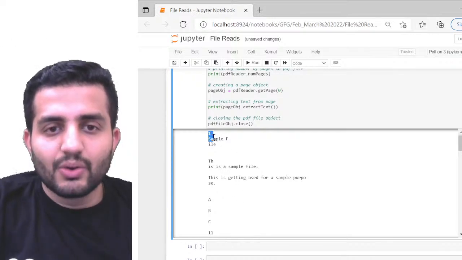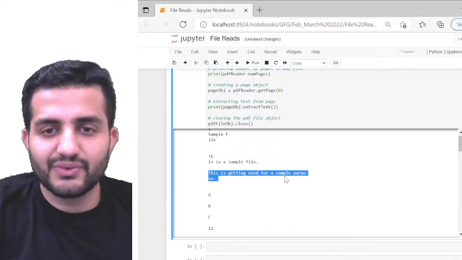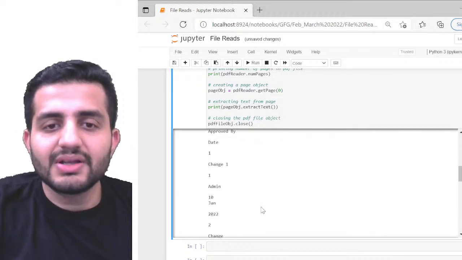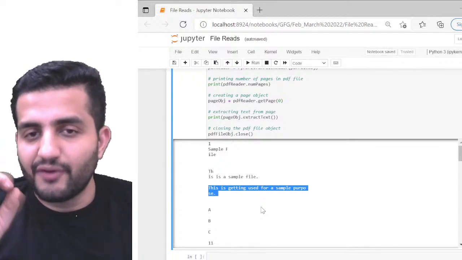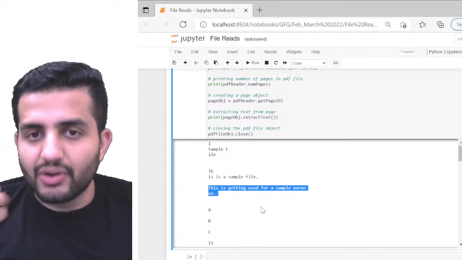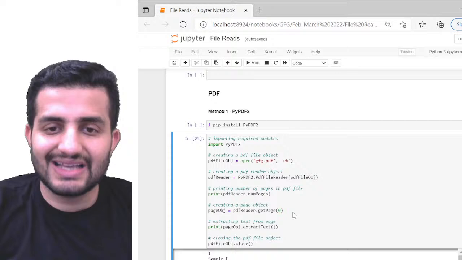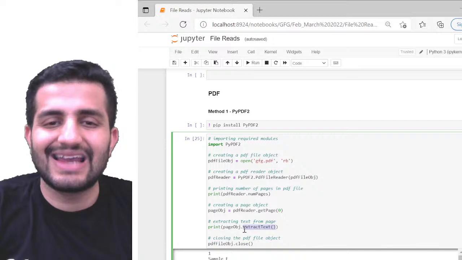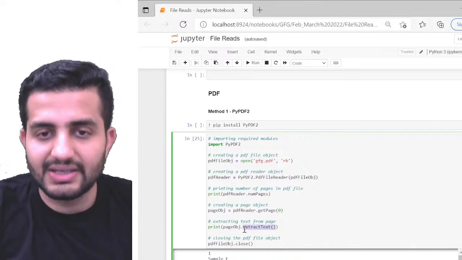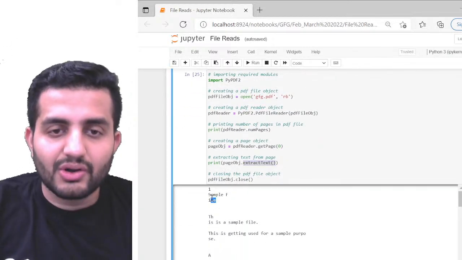Once you've run this, now can you see? Now the data is getting loaded. So this sample file is a simple file, getting used for sample purposes. But did you notice somehow the formatting is not that good here, right? The formatting is not that great. So now on top of this, I have to eventually do a lot of things because this extractText function somehow is not very strong in extracting this data. Yes, so for this we have to write our fine-tuned code. Eventually we can also work on top of this.